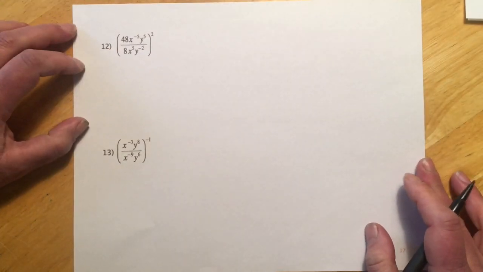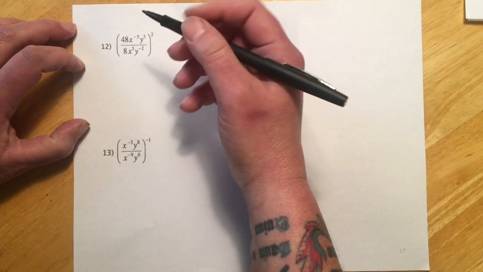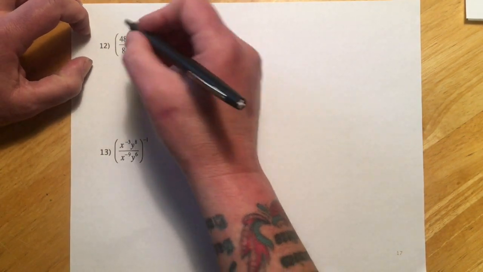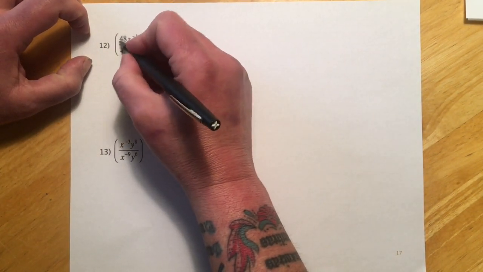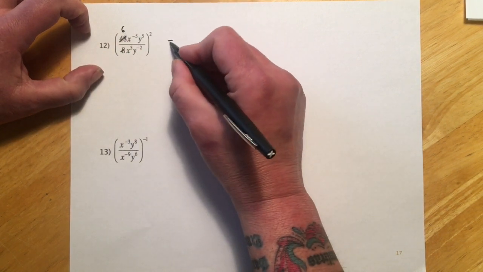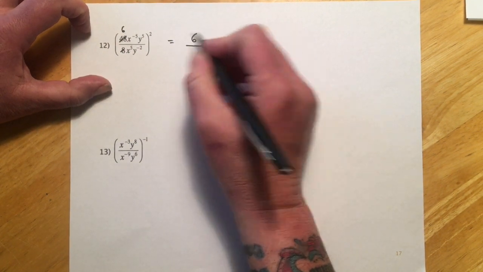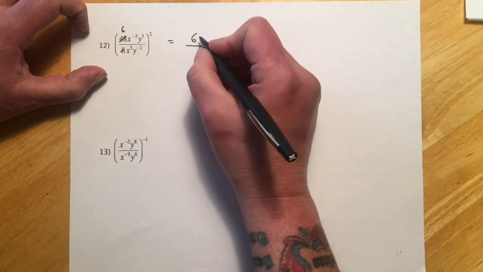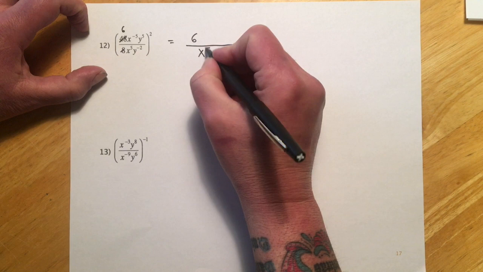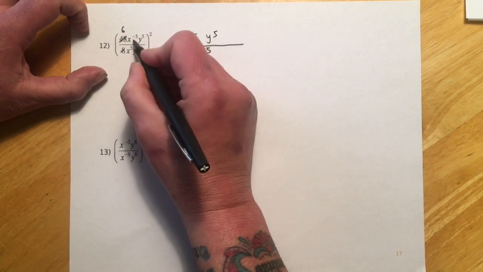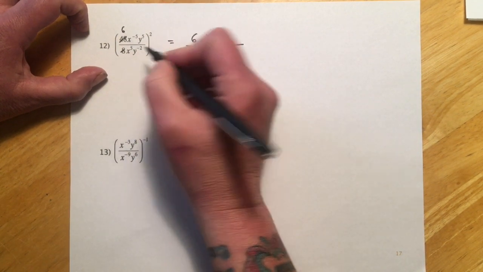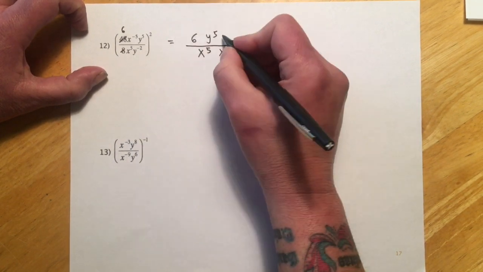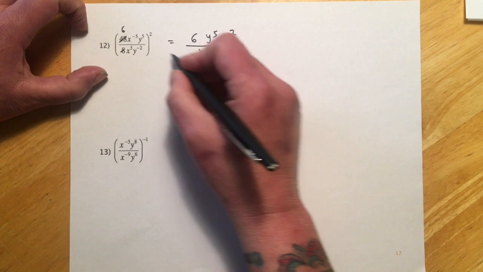So let's see, this one I can simplify a little bit first, so I'm going to do that. We're going to go 6 goes into 48, 8 goes into 48 6 times. So I have 6 there. And then these two are fine, the x to the 5, y to the 5. So I'm just going to leave those where they are. And then we flip-flop the negative ones. So the x to the negative 5 is coming down, y to the negative 2 is coming up, and still